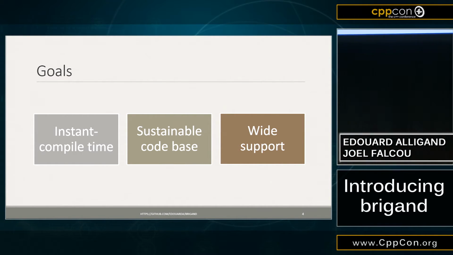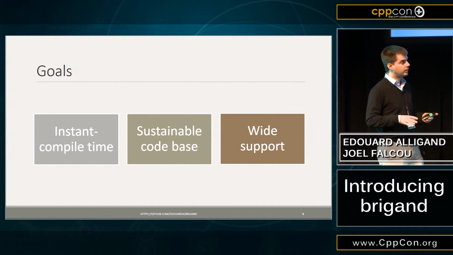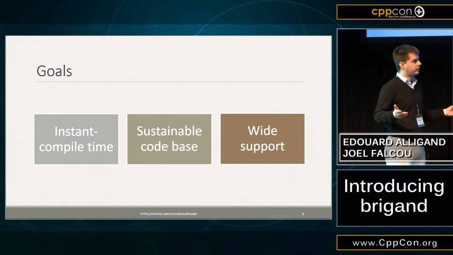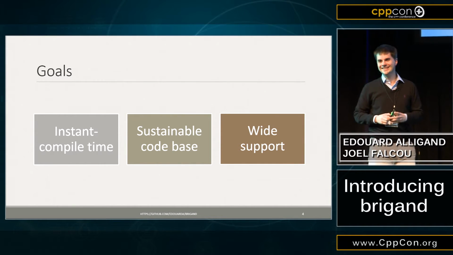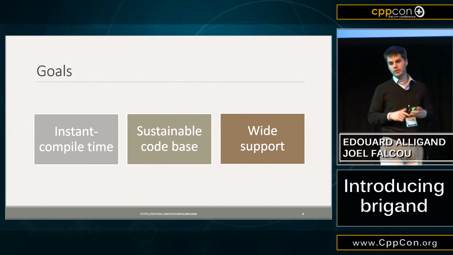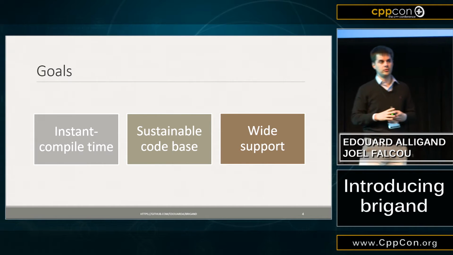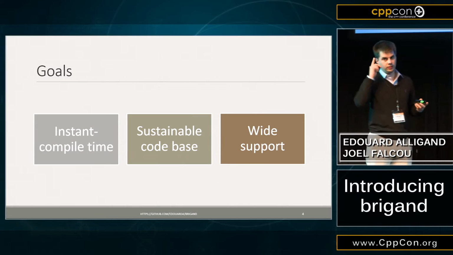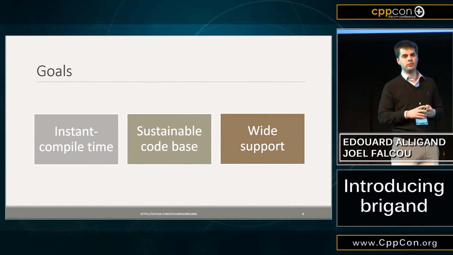Three very important goals. It must be instant compile time. And when I say instant compile time, it takes 10 seconds to build the whole library with every test, and we have many, many tests, almost 200, okay, 2,000. It's instant compile time, whatever the complexity, because we make heavy use of C++11 features, variadic templates. There is not a single macro in the library. It's purely C++.